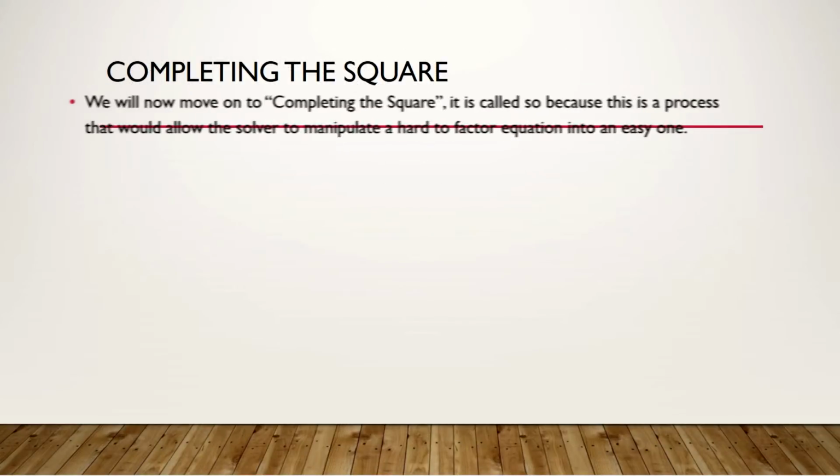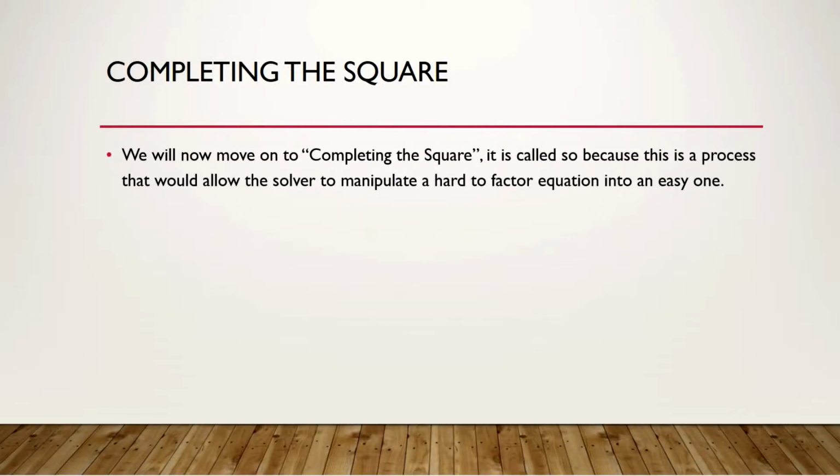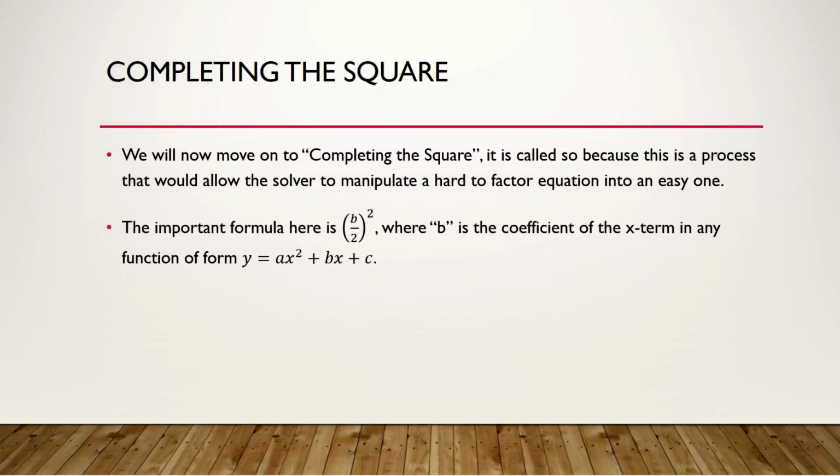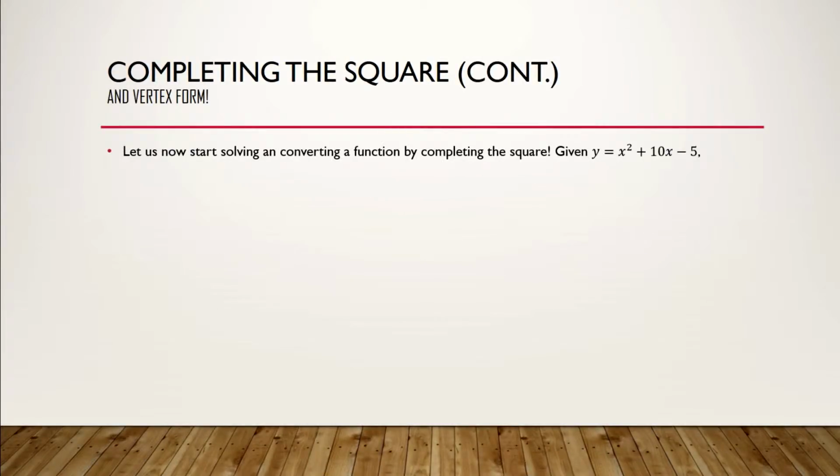We will now move on to completing the square. It is called so because this is a process that allows the solver to manipulate a hard-to-factor equation into an easy one. The important formula here is (b/2)², where b is the coefficient of the x term in any function of the form y = ax² + bx + c. Let us now start solving and converting a function by